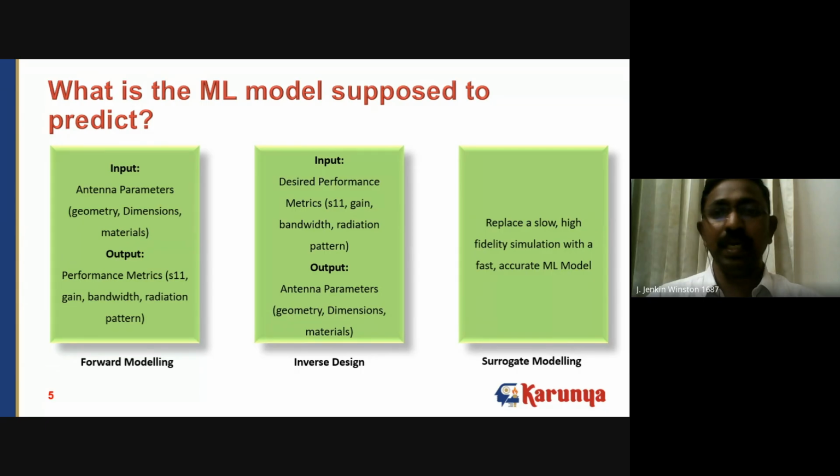Similarly, once you have a good ML model, once you're trained up for a particular number of iterations and the ML model is fully trained, it is called a surrogate model. That model can be used for predicting certain outputs: given these inputs, what could be the output? That is the concept of surrogate modeling, and it is widely used in machine learning in the applications of